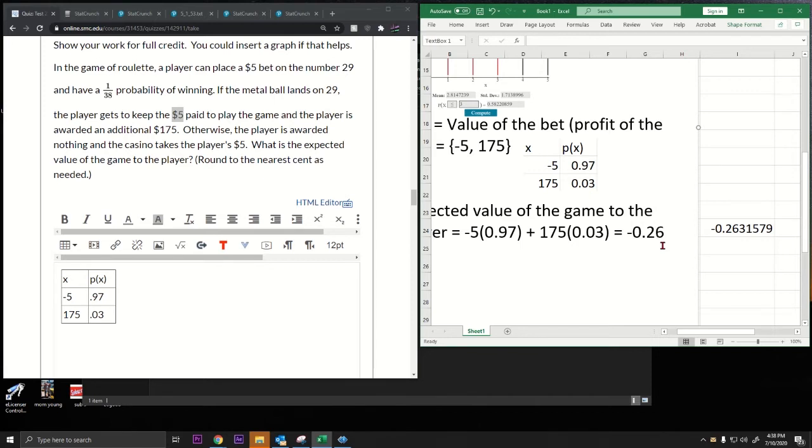0.26. What do we round it to? 0.263. So we want to round like that. So that's your answer. I'm realizing that if you use decimals here, you're going to get a different answer. It may be slightly off, but if I redo that,